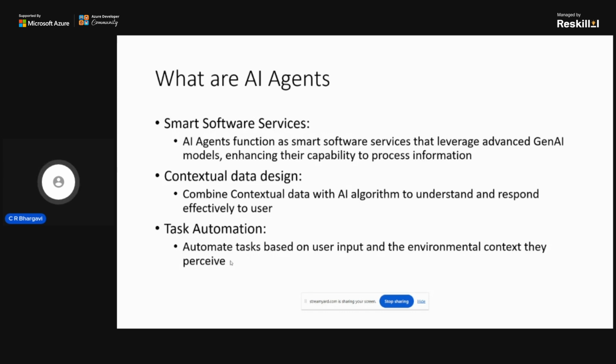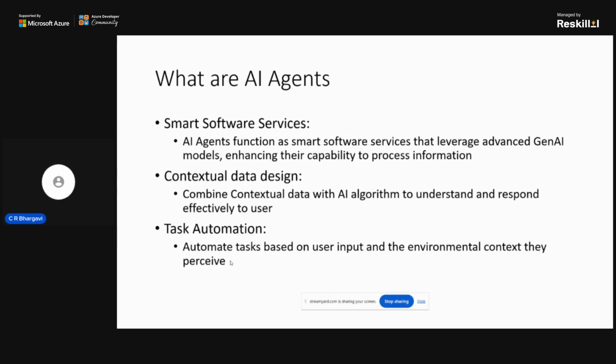So consider it something of that sort, and it reduces the repetitive tasks for the people repairing the laptops. That's the way the AI agent would be helpful.